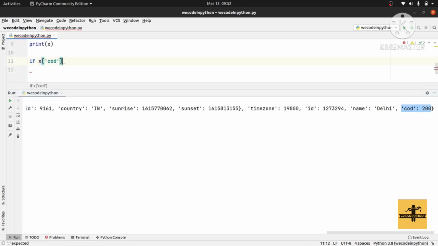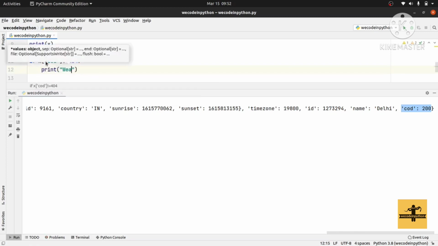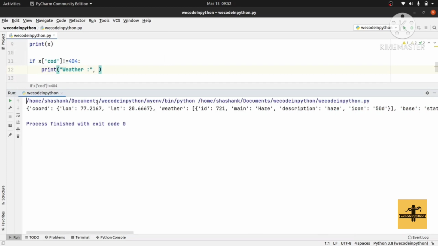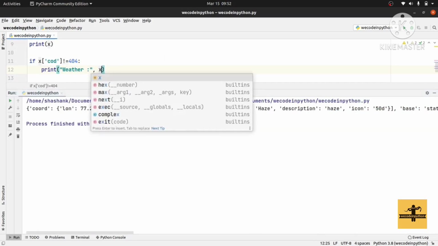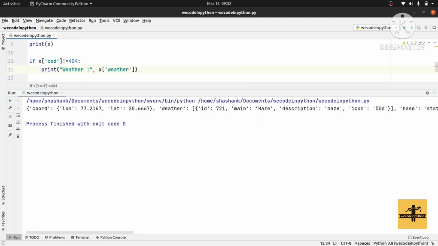But before that we are going to check the code. If the code is 200, then it is successful. If it is 401, then it is an invalid API key, and if it is 404, then it is a city not found error. So the weather should be x weather, as I already mentioned, 0 and main.